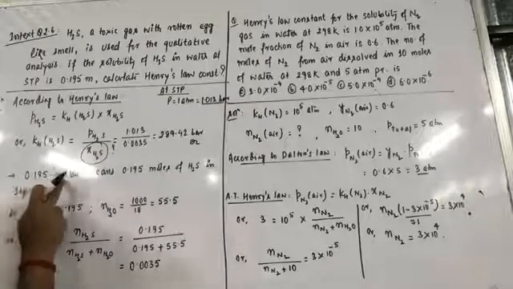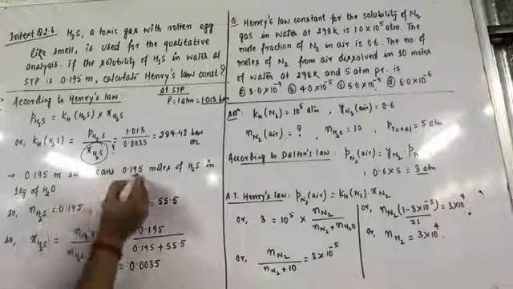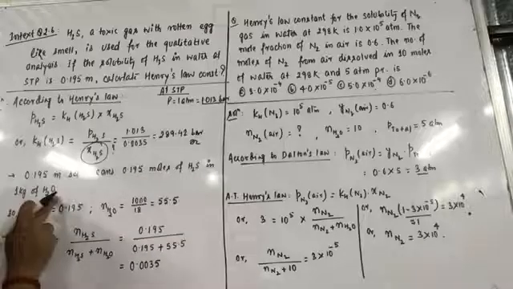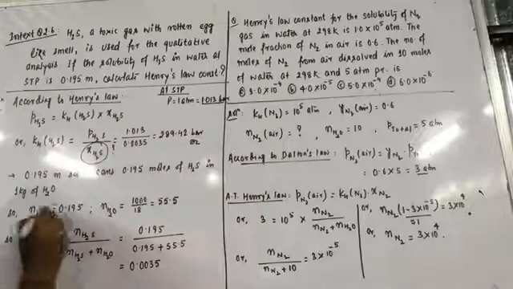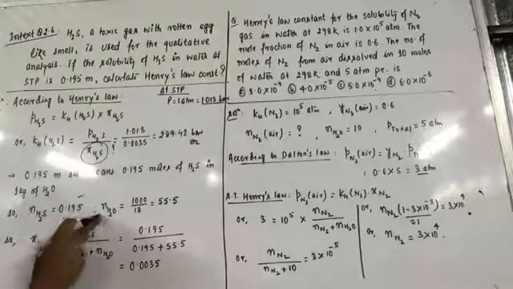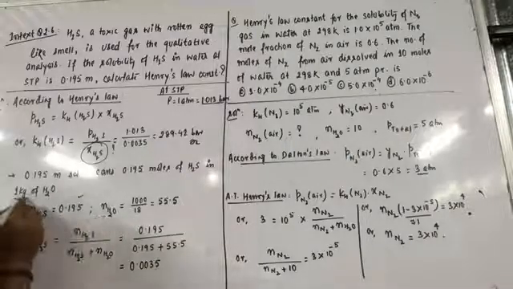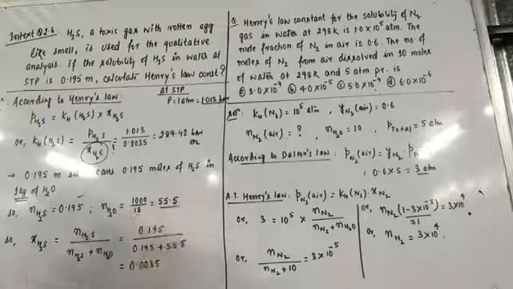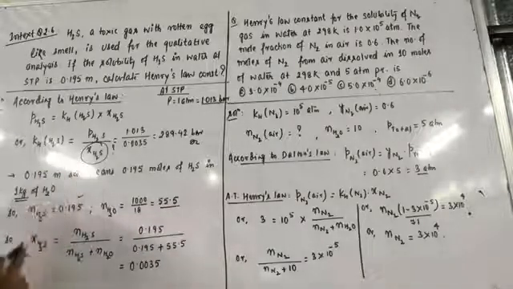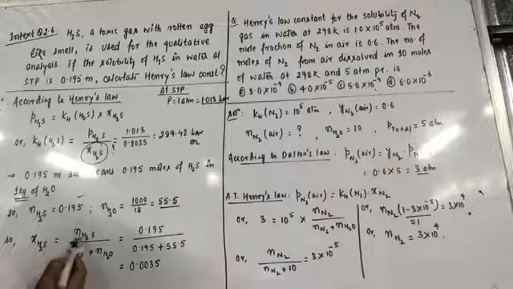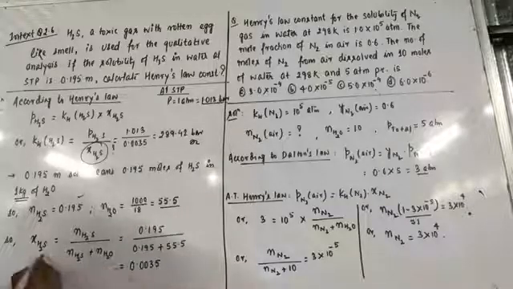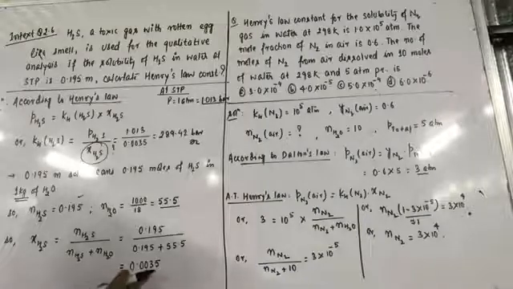So 0.195 molal solution means that 0.195 moles of solute hydrogen sulfide is present in 1 kilogram of water. So the moles of hydrogen sulfide, that is moles of solute, is 0.195. Moles of water: mass of water, just check this out, is 1 kilogram. So 1000 gram divided by molar mass 18 comes out to be 55.5. So the mole fraction of hydrogen sulfide is number of moles of hydrogen sulfide divided by number of moles of hydrogen sulfide plus number of moles of water. And on solving this, we are getting the mole fraction of hydrogen sulfide to be equal to 0.0035.